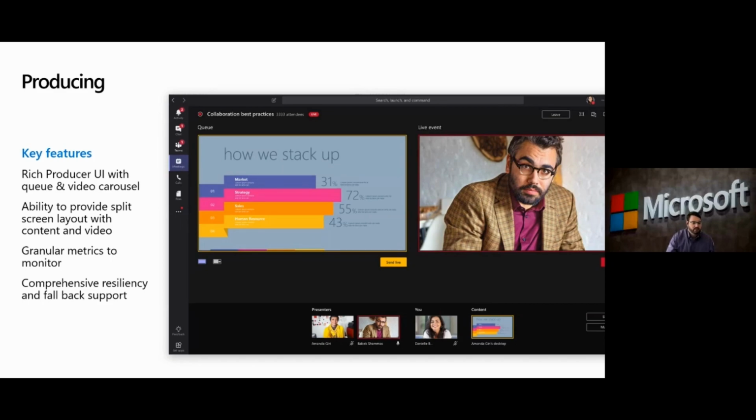As you can see, I'm going to use my little highlighter here. Right here, you have the ability to choose your content. Do I want to show all video or all content? Or, beside it, like you're seeing here, is my ability to share video and content. At this point, as a producer, I can send it to live. The reason this is so important is that it gives the person producing the control to understand who's in the meeting as presenters and manage it from that side.